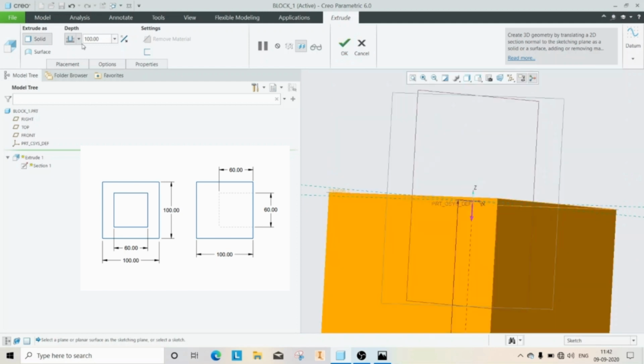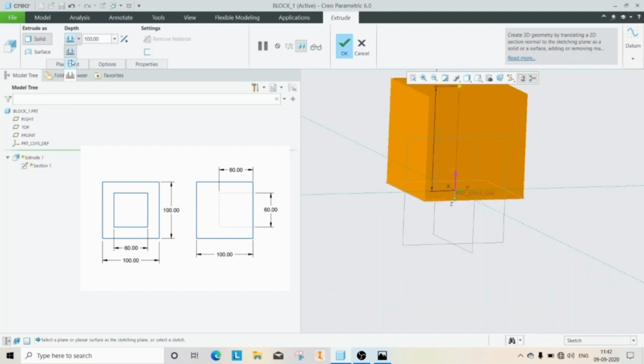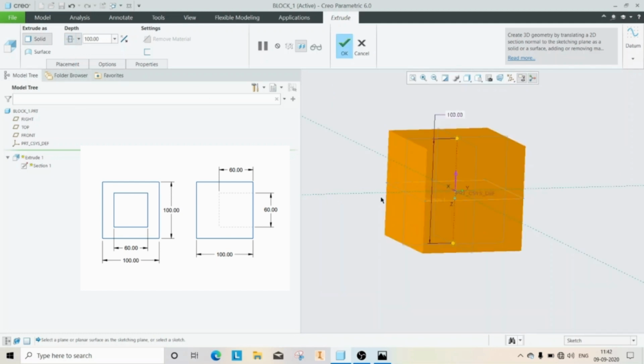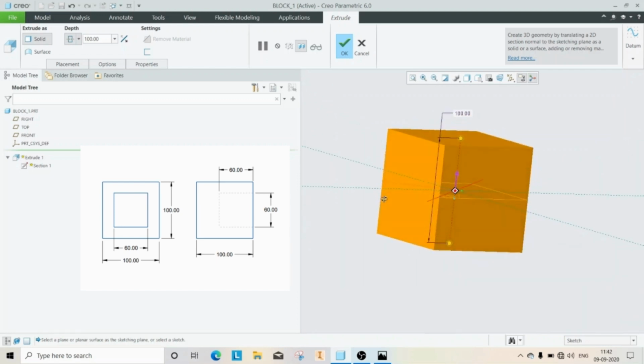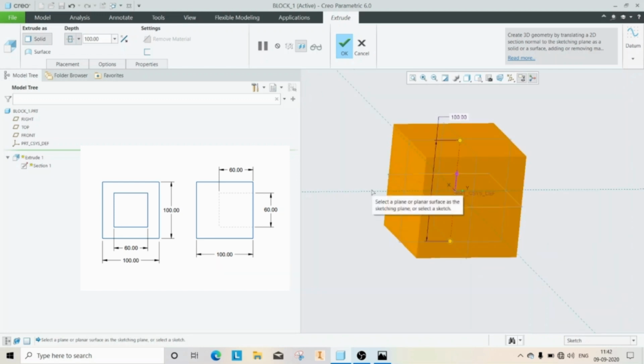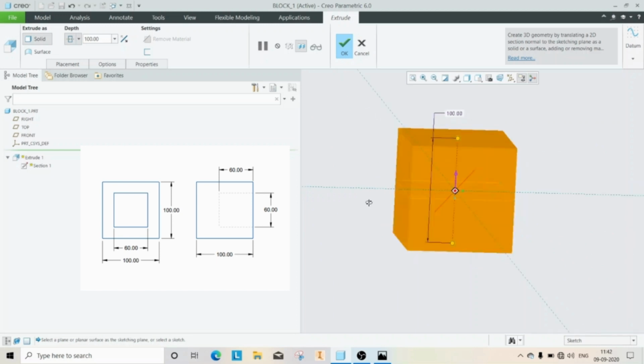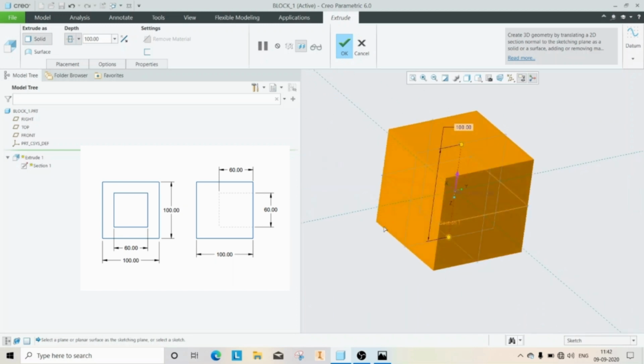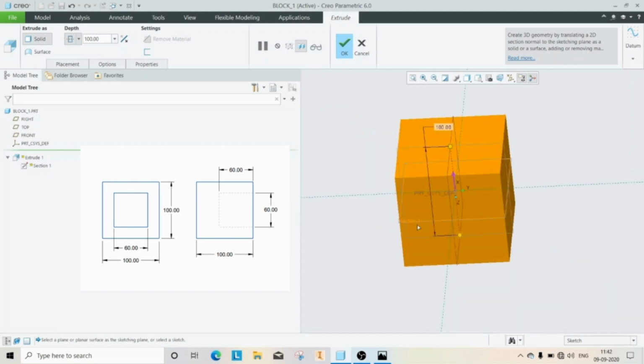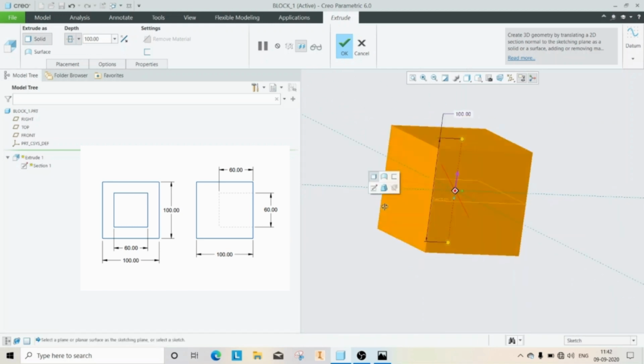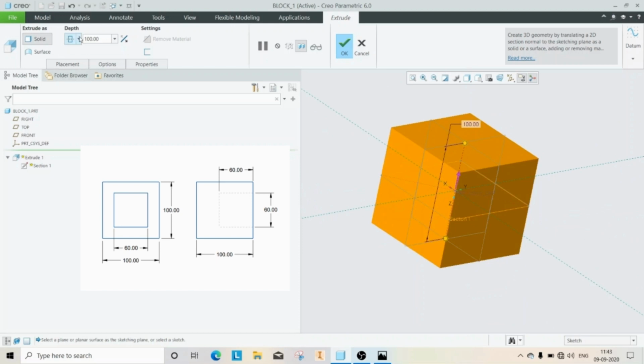By using the second option, you can define any depth value symmetric to the plane, that is exactly half above the plane and exactly half below the plane. You can see here. Here is our sketcher plane.